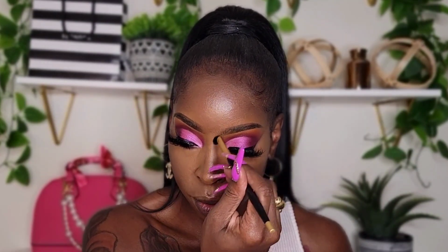And I put boot tape on the curls so they can come out. Since they're